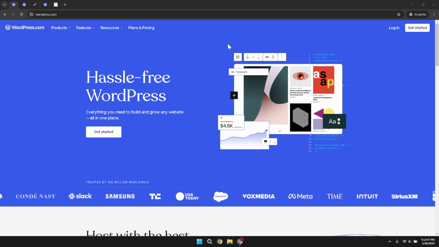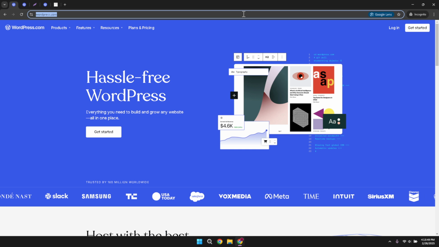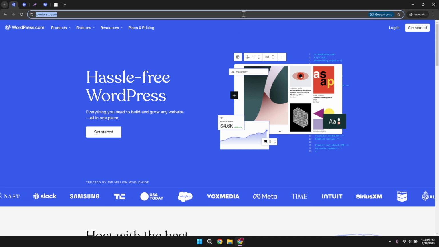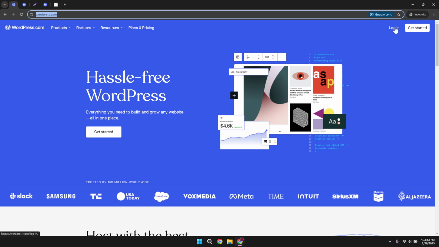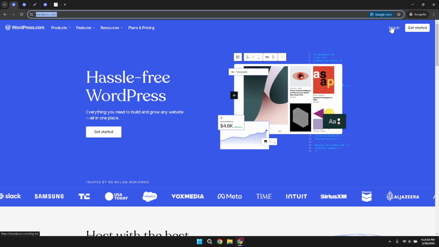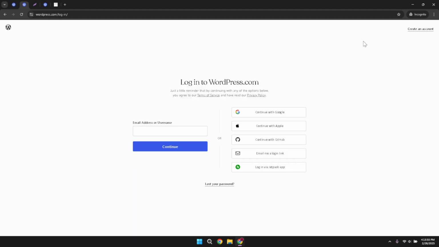To begin, open your preferred web browser and go to wordpress.com. This is where we'll access the backend of your website to make the necessary CSS changes. Once you're on the home page, look for the login button and click on it. This will prompt you to enter your login details. If you're like many users who prefer utilizing their Google credentials, go ahead and click on Continue with Google. From here, you'll be asked to choose the Google account you wish to use, so select the one that's connected